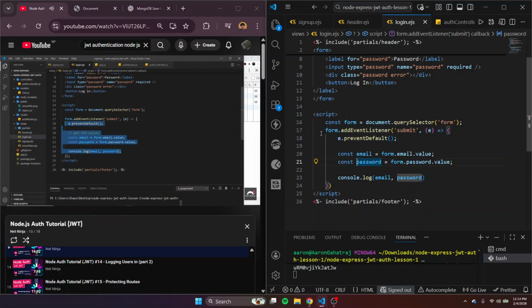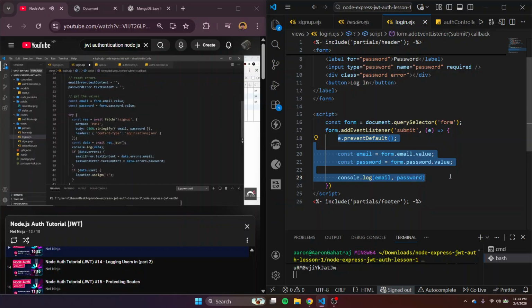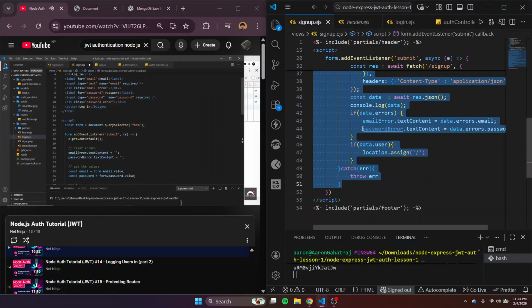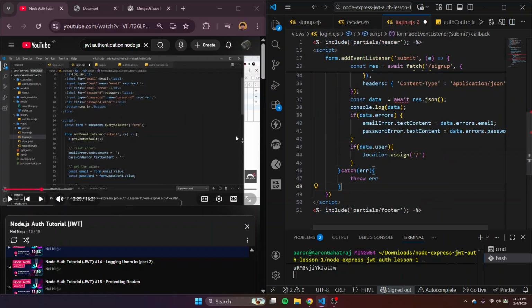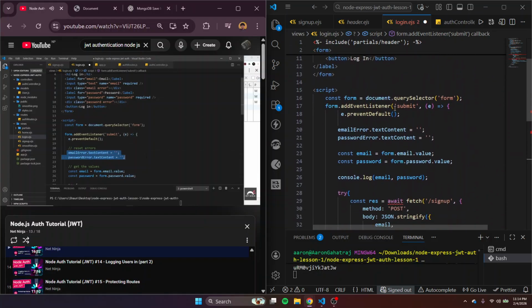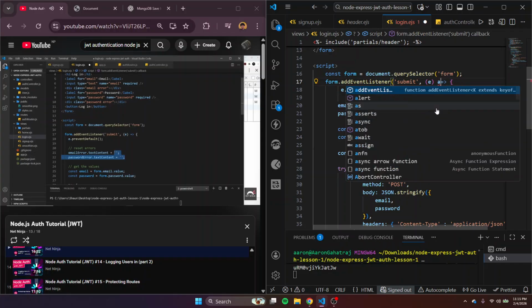I'm going to take all of this and delete it. And then I'm going to paste in all of this stuff right here. So, when we submit this now, we are first of all setting the text content of the email error and the password error to be blank. We do that every time we make a request, and I forgot we need to grab